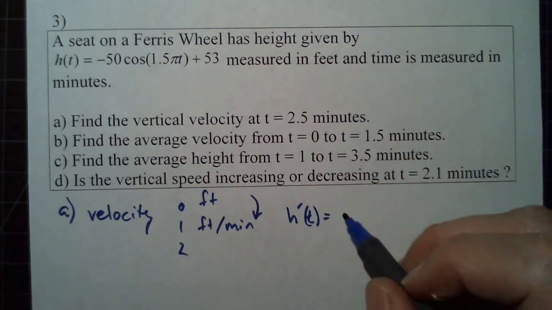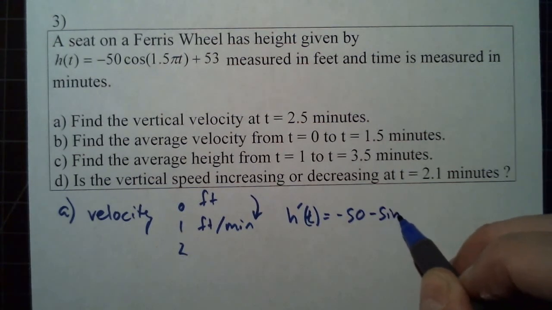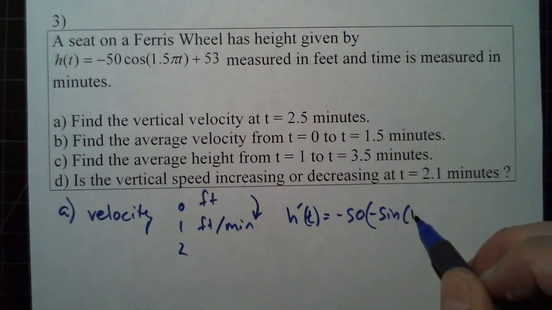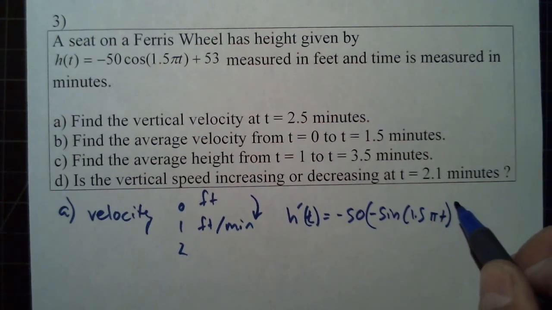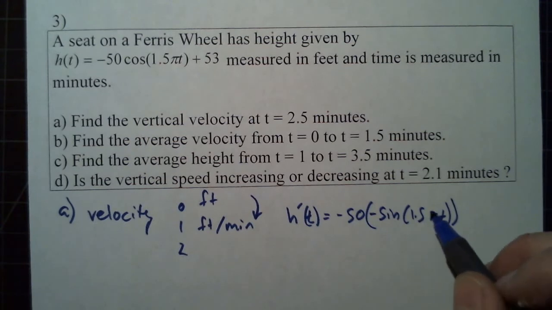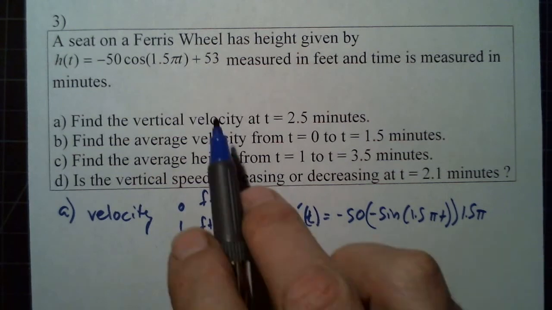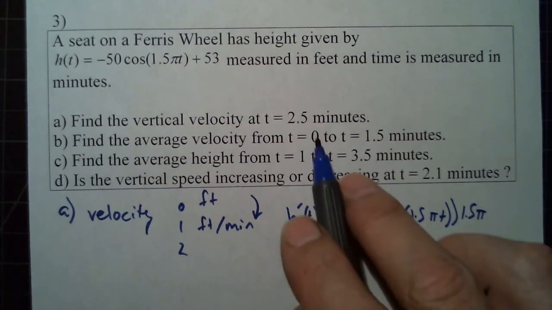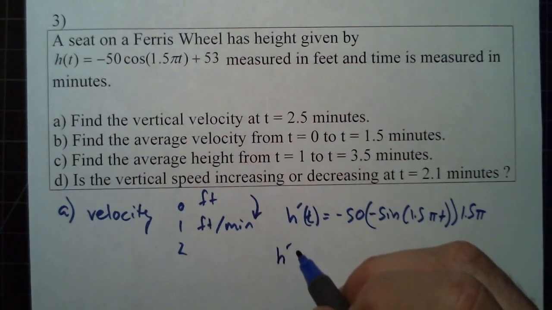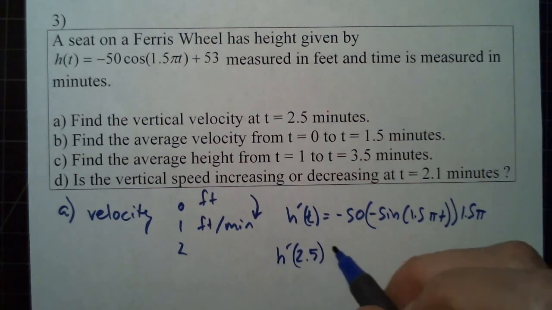So we can find that with the chain rule. Derivative of cosine is negative sine. And we have to multiply by the derivative of the inside, 1.5 pi, and the derivative of 53 is 0. So then we have to substitute 2.5 because we want the velocity at 2.5, so h prime of 2.5 hopefully is